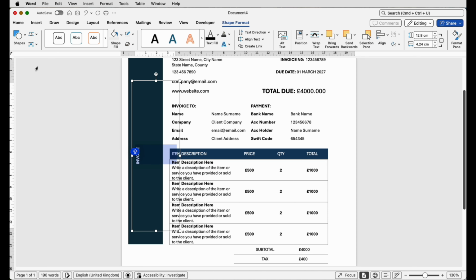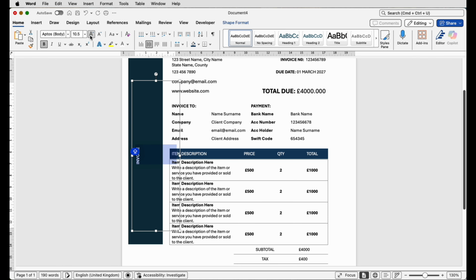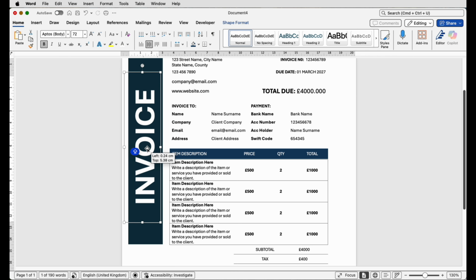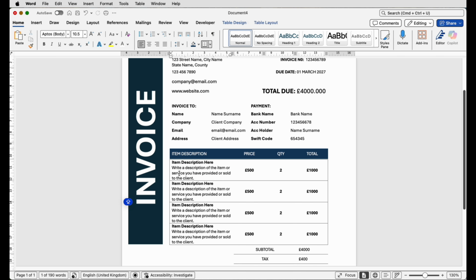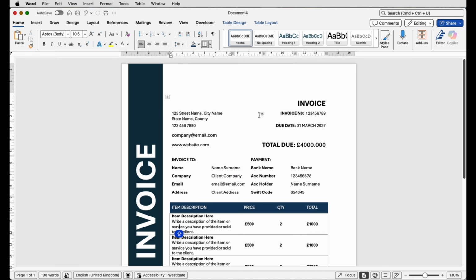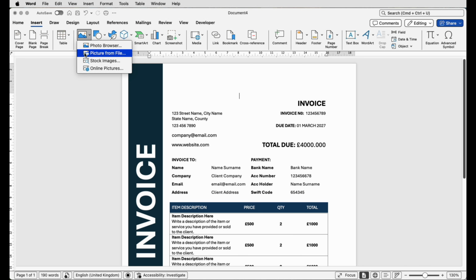Select it. Go to the home tab. Use the increase font size tool to make it bigger. And then just move it to where you want that text to be. Try to make the margins the same, both sides. Perfect. Then just for the logo, click at the top here, go to Insert, Picture, Picture from File,